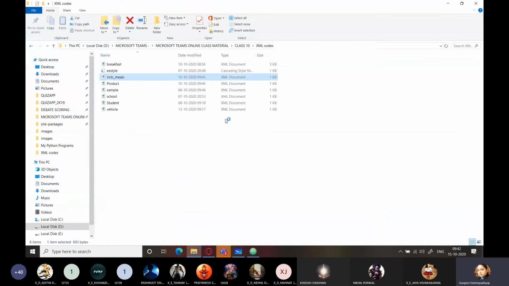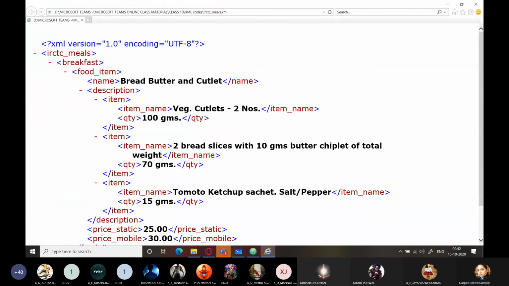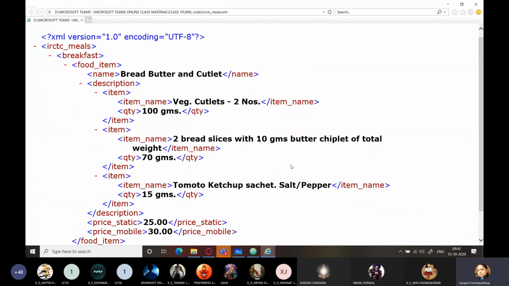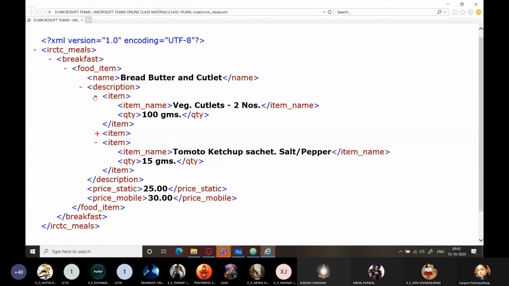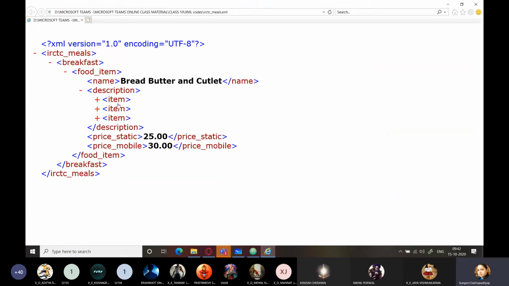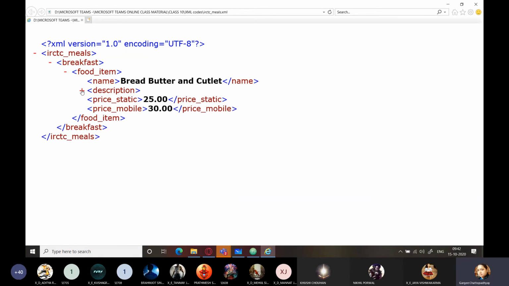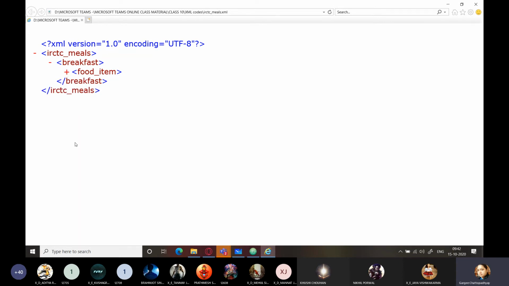So here we are, IRCTC meals, and just check it out. We will start from here, item. So three sub items are there. Everything comes under description, okay, and all this, that is the name, its description, static price, mobile price, comes under food item.